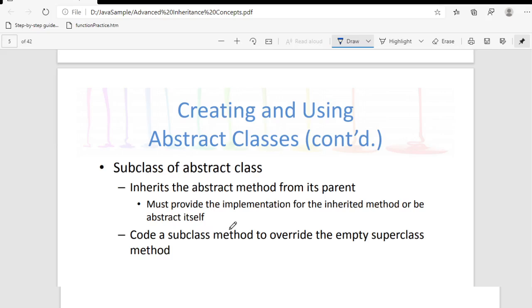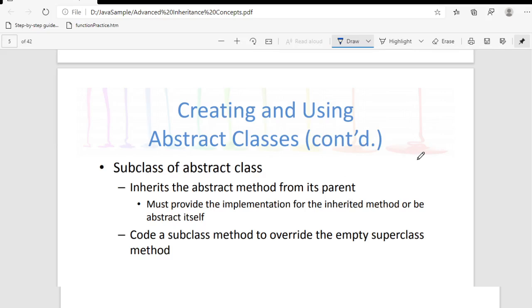So when an abstract class is implemented, okay, the abstract method of the abstract class should be overridden, or should be implemented by the subclass